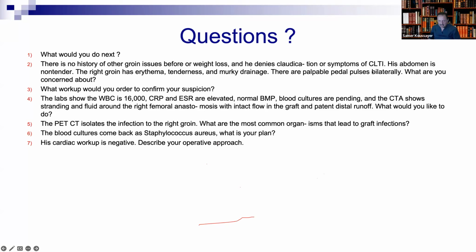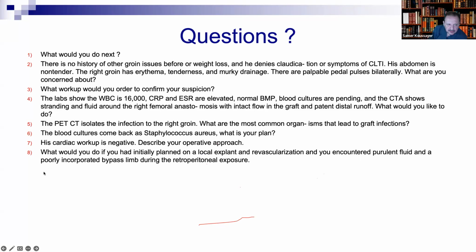But if you go peritoneal and the graft is clean, and you can tell that from the CAT scan, there's no fluid in the retroperitoneal, the graft in the retroperitoneal is nice and not infected, then you go to retroperitoneal incision and you do graft to the SFA through obturator bypass. Okay?